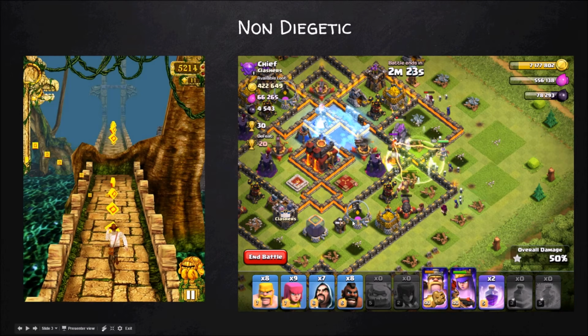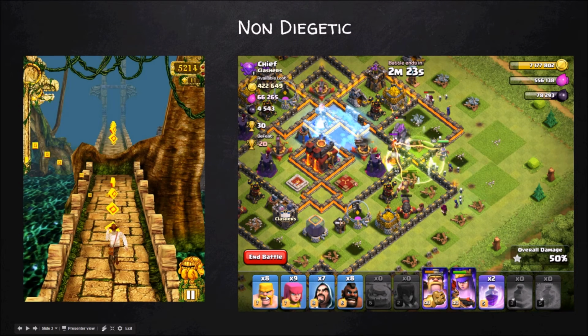The same you can see over here in the Clash of Clans. So these troops that you select using these buttons is an example of non-diegetic GUI. And one thing to note here is that it is also showing you the information. It is acting as a HUD, and it also acts as a button, as an interaction layer between the player and your game.